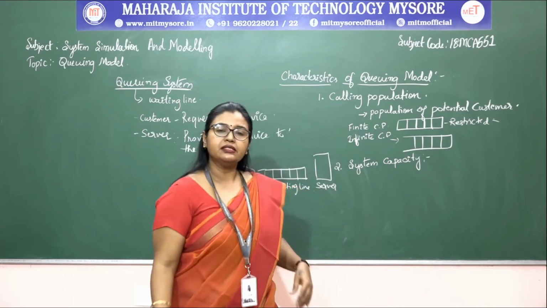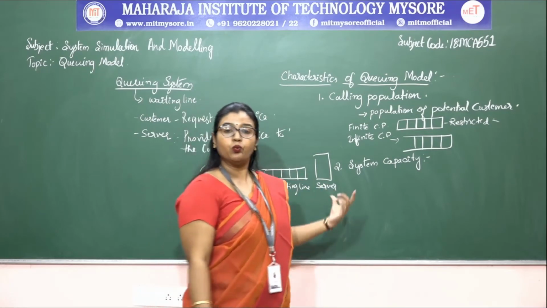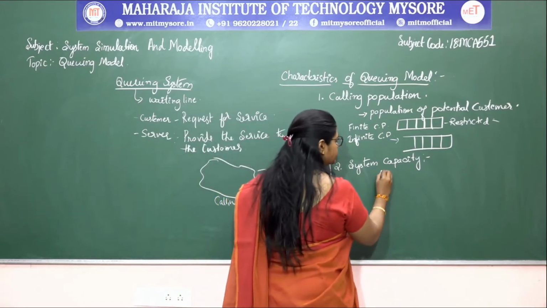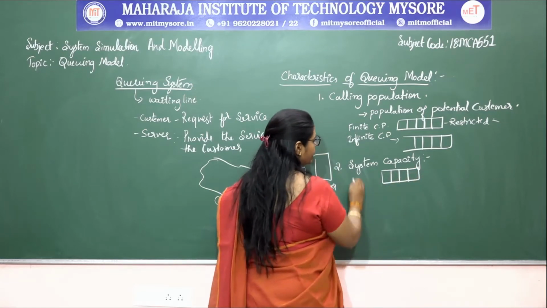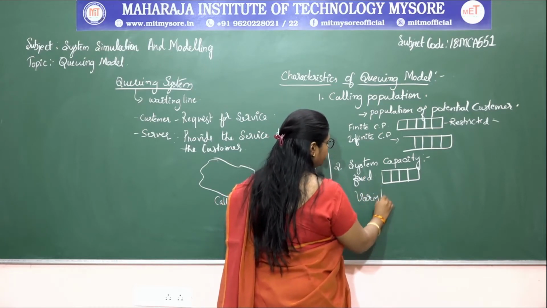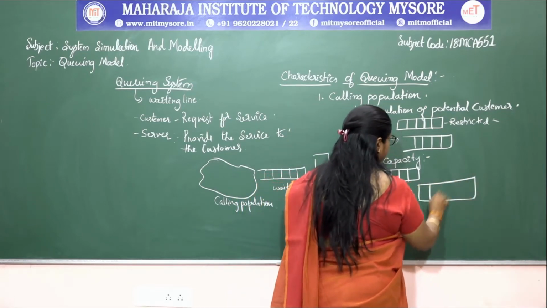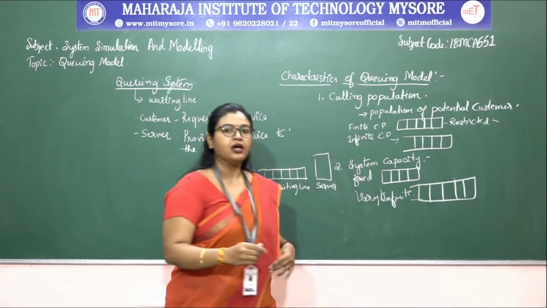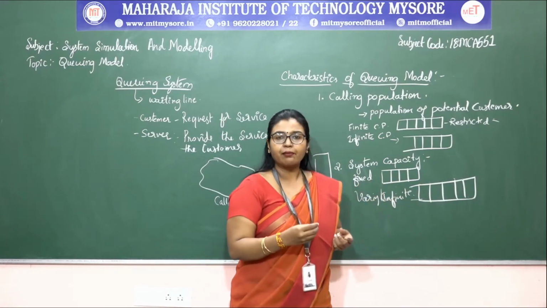So in this, the system capacity, we have here also the system capacity is nothing but the length of that particular waiting line. So here also the capacity is going to be fixed one or varying one or infinite, we can say. Infinite one. Okay, so here the fixed one in the sense, so the number of, so say for example, here